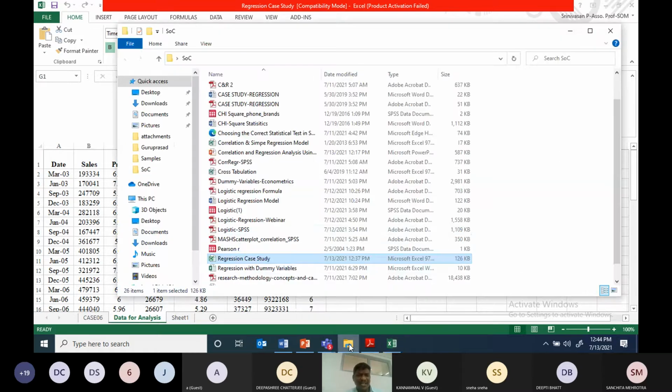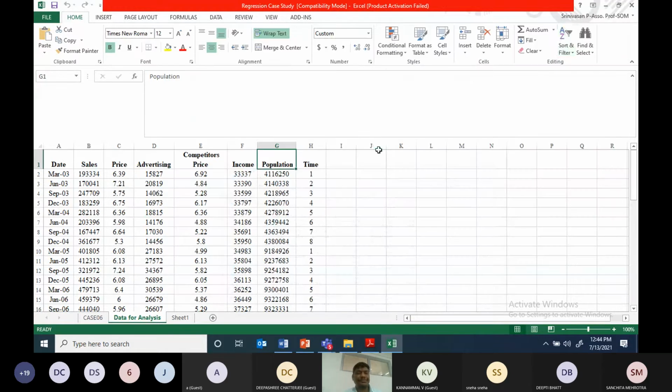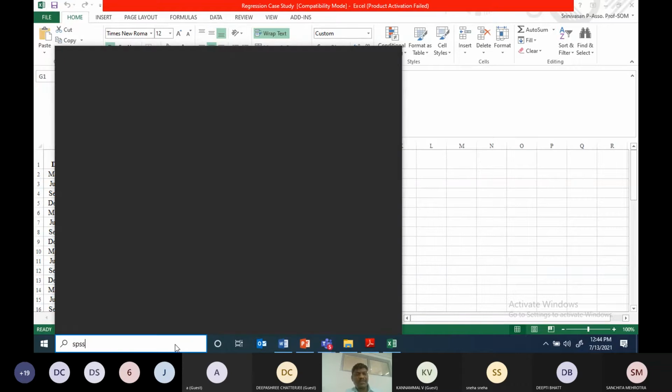I'll check whether I have this file or not. Yeah, I think I have it. I can easily make it. Just a minute, I will open this file. We will make it, not a problem. Otherwise, I have to go and search.